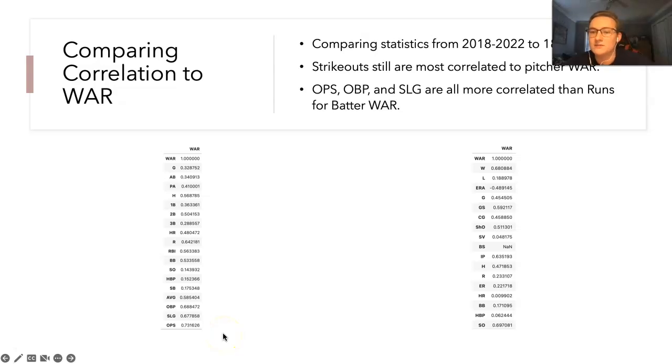However, it was different when it came to offensive stats. Runs, as we saw earlier, was 71%, but it's dropped down to 64% in this 1871 to 2000 data. And it looks like OPS was the clear favorite at 73%. But as I said earlier, I said I would take which of these higher, on base percentage or slugging, since they are added together to create that OPS metric. And so just slightly, on base percentage wins in this scenario,